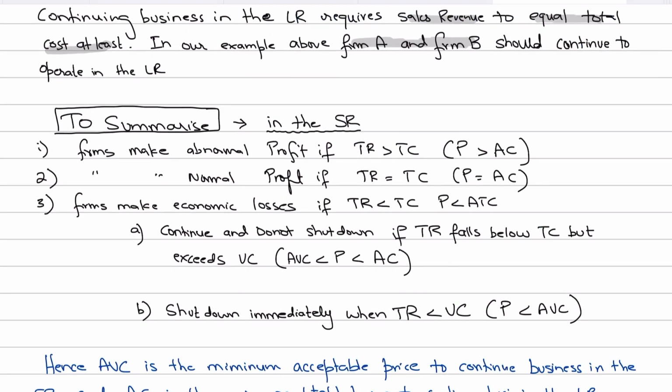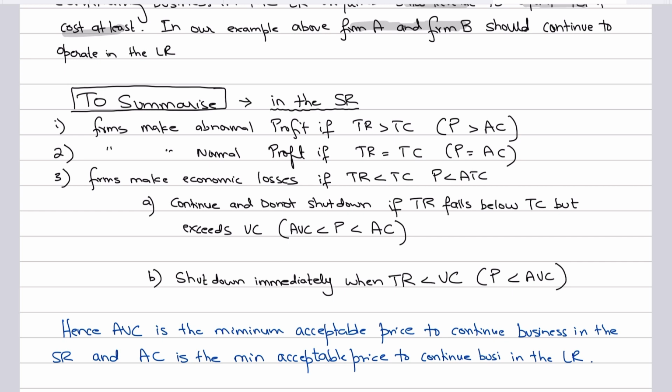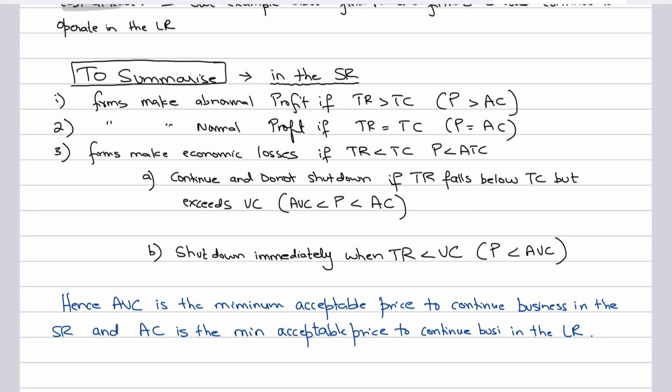So to summarize, if I make a full summary before I end the video, the concept is that in the short run, if firms are making abnormal profits, total revenue is more than total cost, which happens when price is more than your average cost. So definitely average cost, as in your total average cost, as in this short term